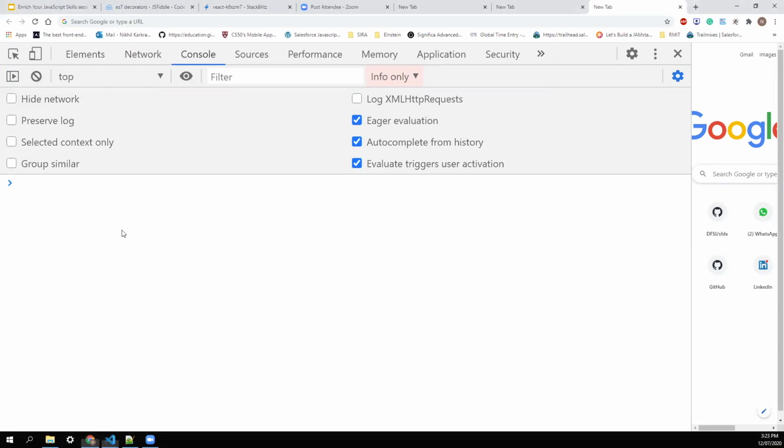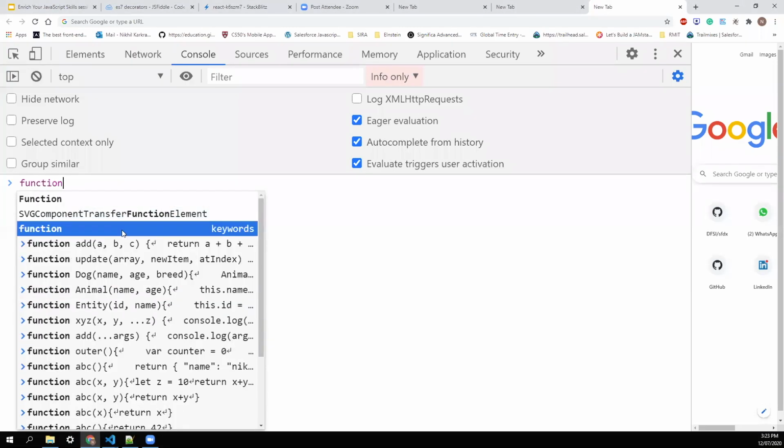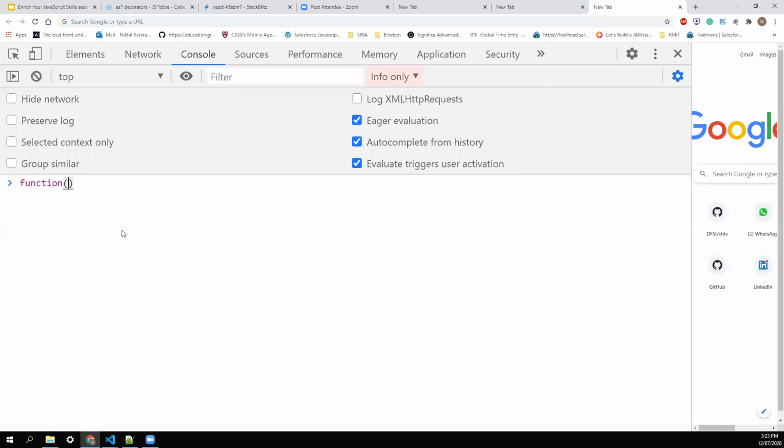Whenever you have a function and you are using a triple dot in the function, that means it's a REST operator, not a spread operator. Anywhere else, we call it a spread operator. So when you use the triple dot as an argument in a function, it is a REST operator.